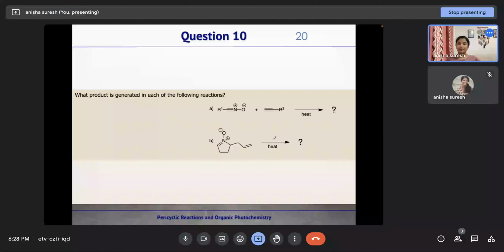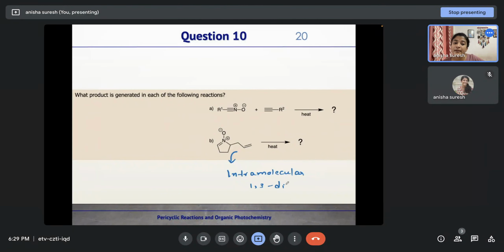Now coming to question number 10. What product is generated in each of the following reactions? So this question number 10 belongs to the 1,3 dipolar cycloaddition reaction. So here we have a 1,3 dipole and this is the dipolarophile. Similarly in case of B, this is the 1,3 dipole and this is the dipolarophile. This is an intramolecular version of